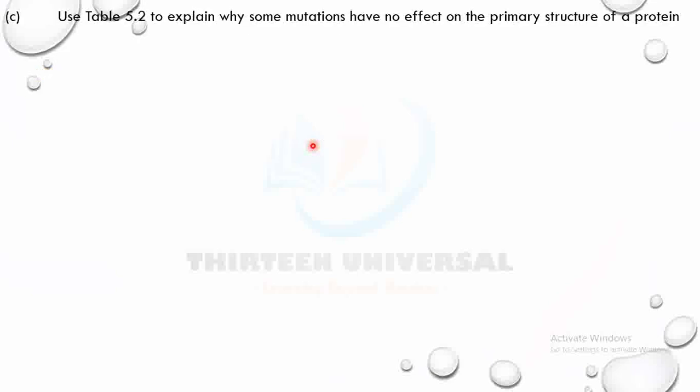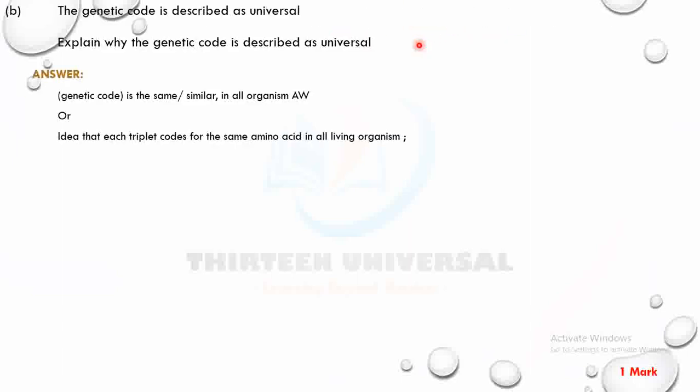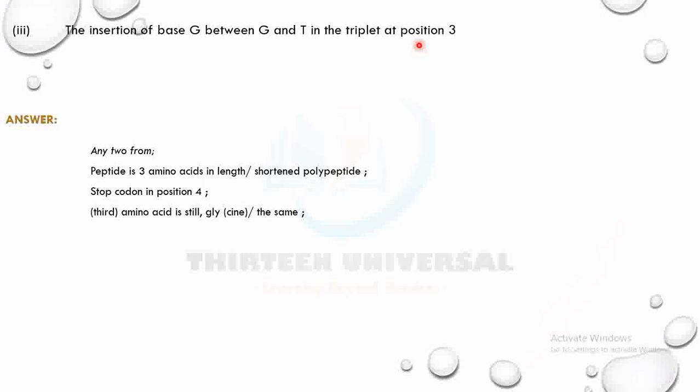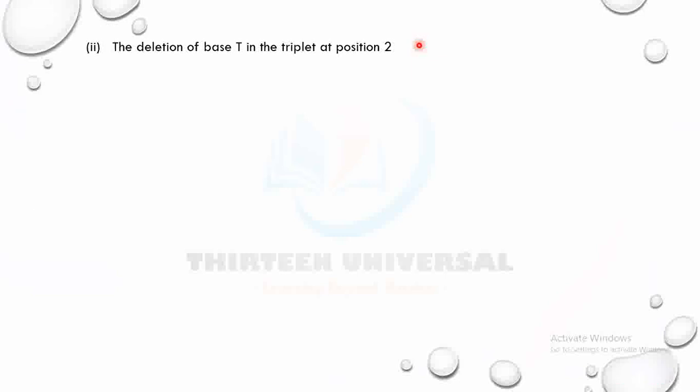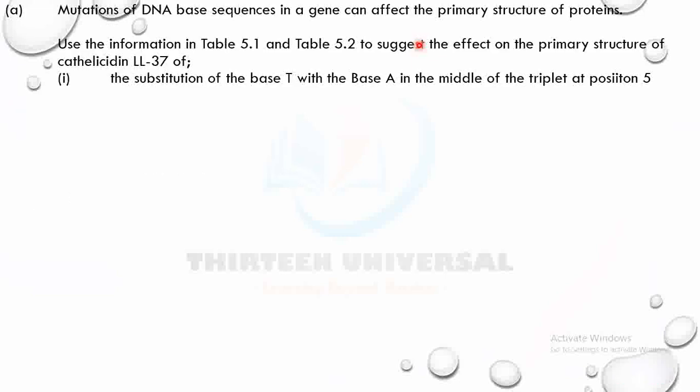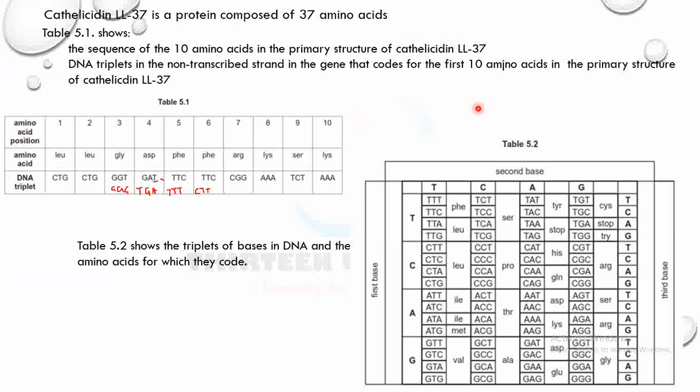1 mark. Use table 5.2 to explain why some mutations have no effect on the primary structure of a protein. All right, pause the video and try it. Why some mutations have no effect on primary structure. I think we've seen it before. If you go back, you can see, look at that table, table 5.2. You can see that